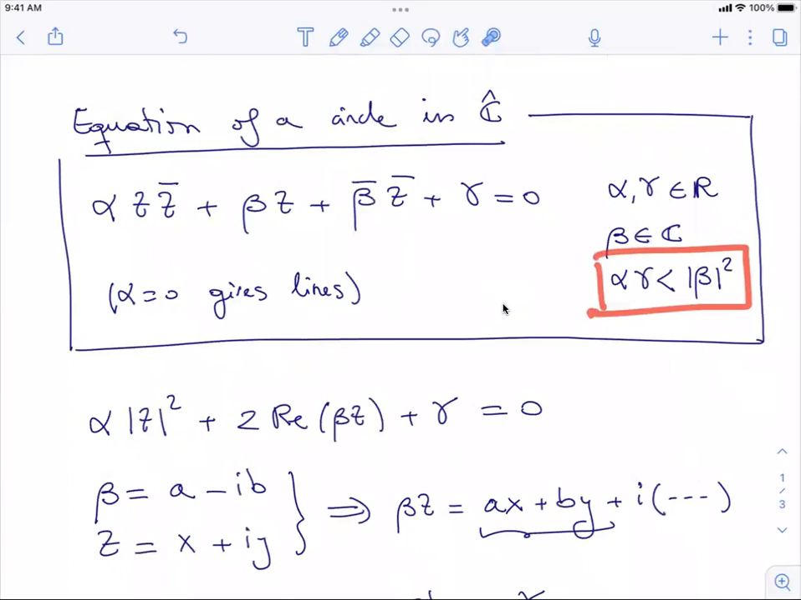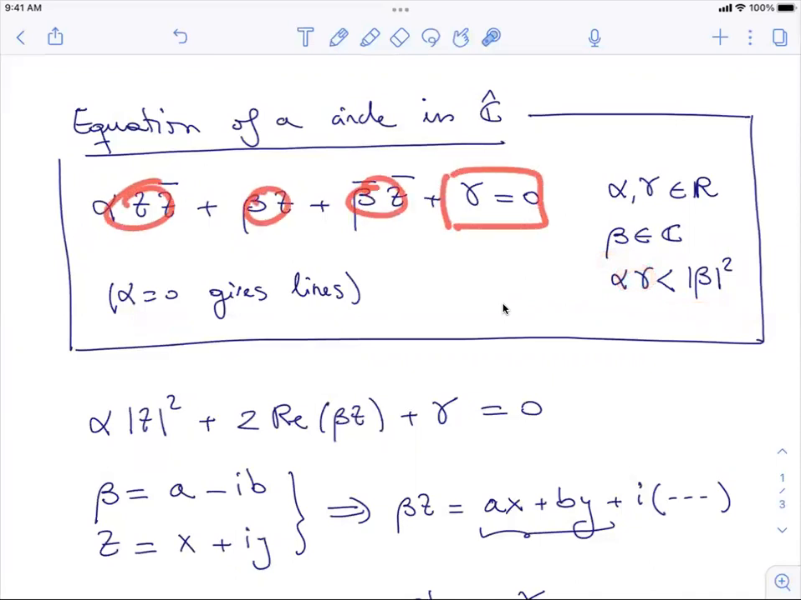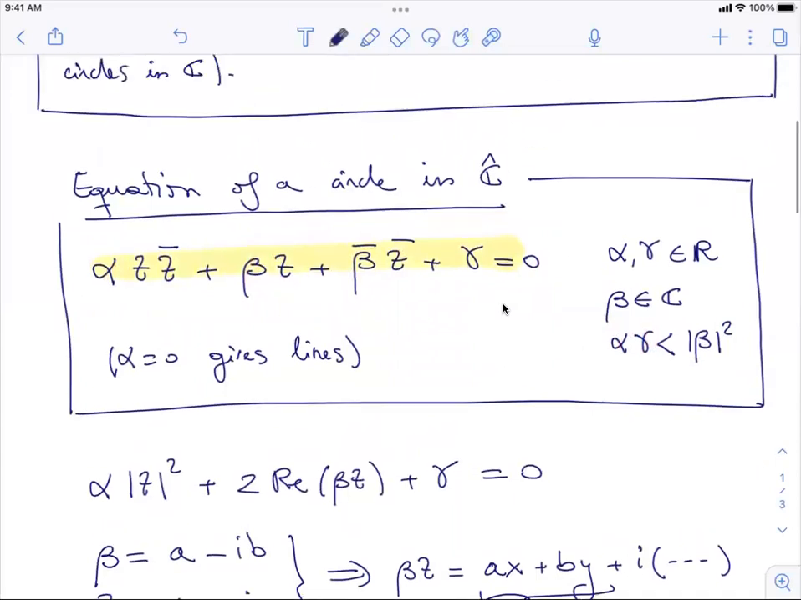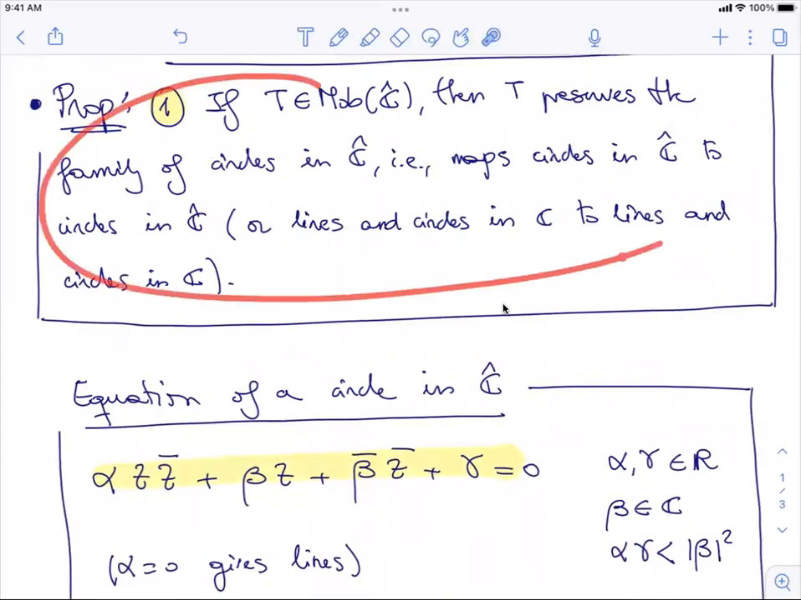Okay, notice that if alpha equals 0, this is 0, so this is going to be always true, as long as beta is not 0. Otherwise, it's silly, right? Because this would be 0, everything would be 0. Okay, so alpha 0, okay, satisfied. Now, if alpha is not 0, you need to require this so that you actually have a circle. Otherwise, it's either a point or it doesn't make sense, as we just saw. Okay, so now that we have the equation of a circle here, we can go back to the result we want to prove